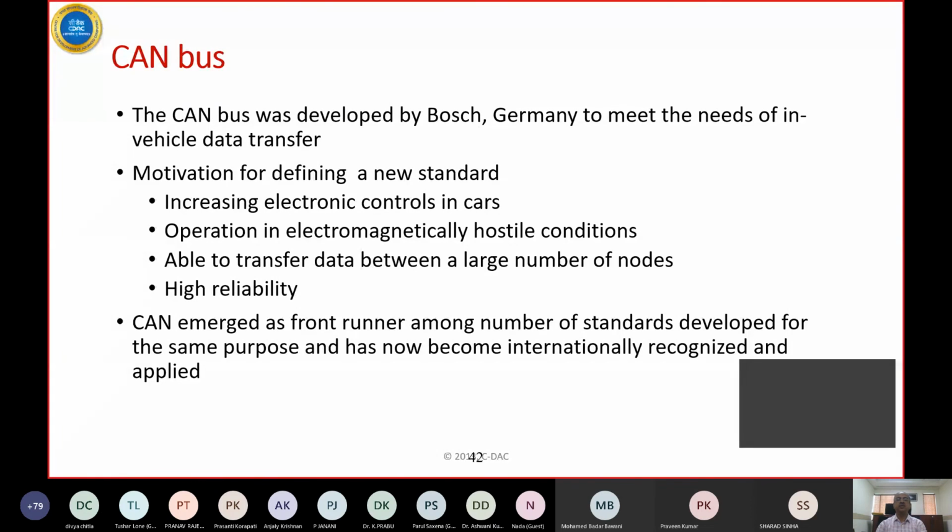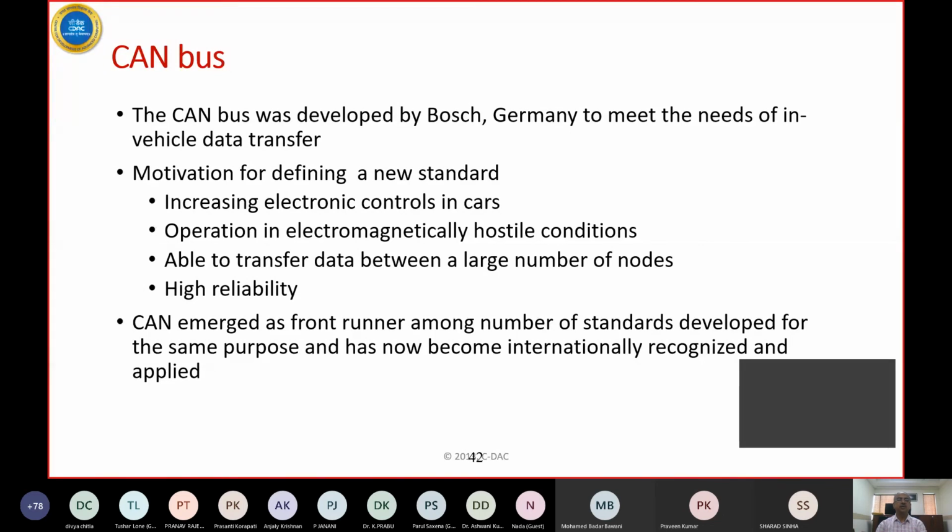You may be aware that Bharat Stage 4, Bharat Stage 6, BS6, these are the standards that are being used. You may also be aware of the Volkswagen scandal, wherein when the automobile was given for emission testing, they tweaked the engine control unit software in such a way that the emissions were low, but when emissions were low, the mileage was not good. So when they started selling, they tweaked the software in such a way that the emissions were high, but the mileage was good. So this was all done inside the ECU.